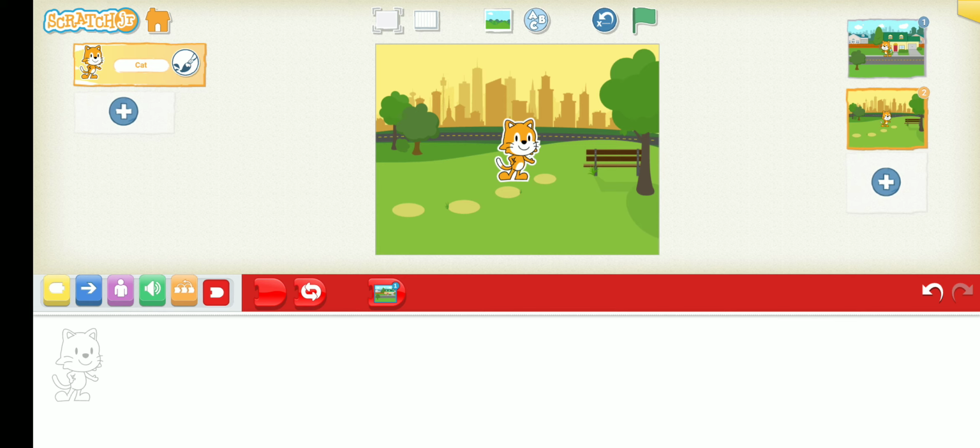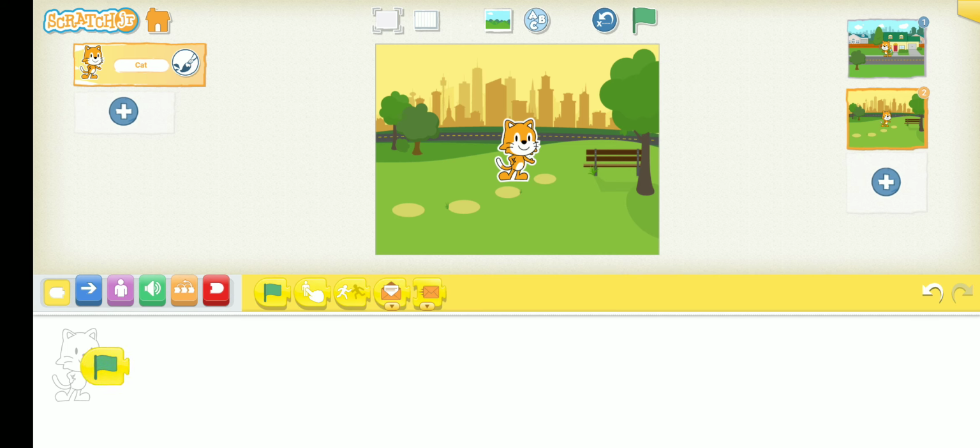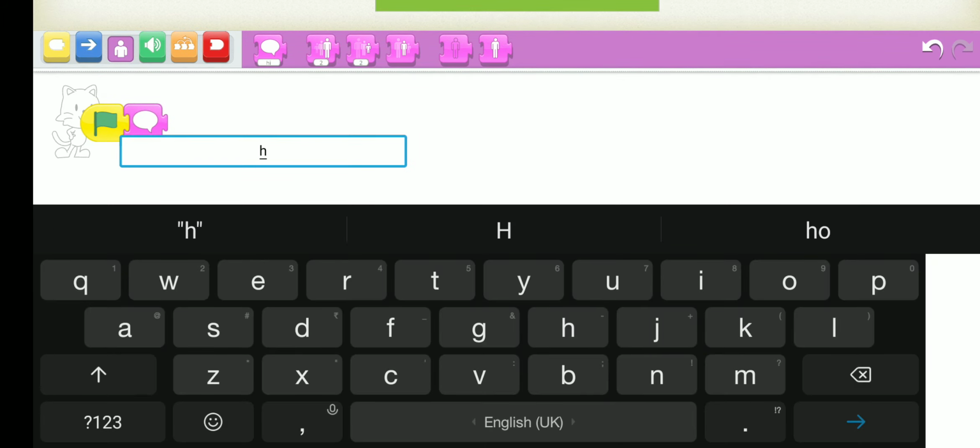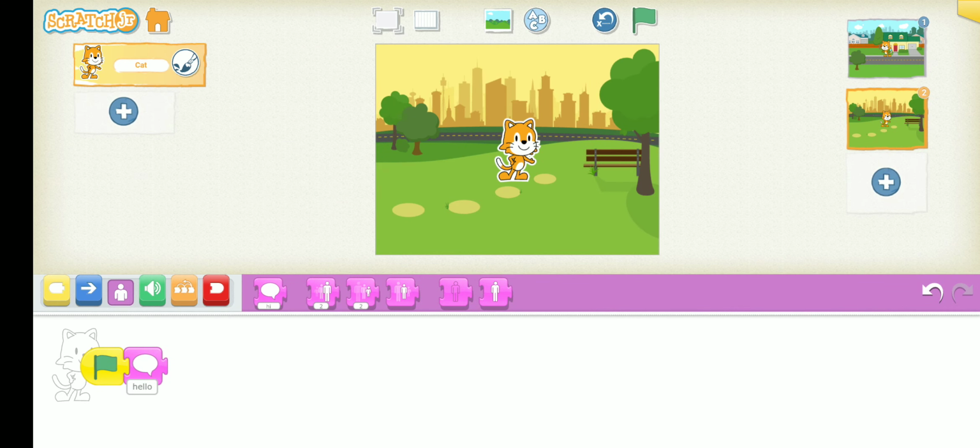Okay, so let's start with a start button. I am taking the start button. After this, I want to say hello, so I am changing it to hello everyone. Done. After telling hello everyone, I want my cat to grow a little big. So I have taken the growing block.